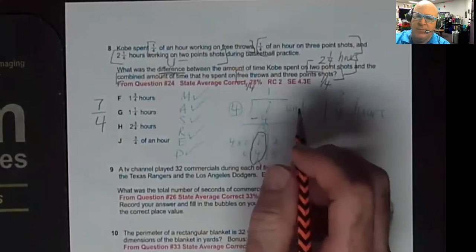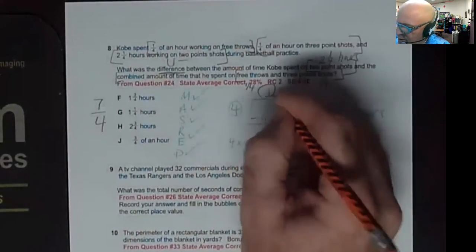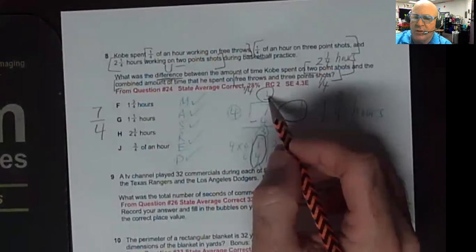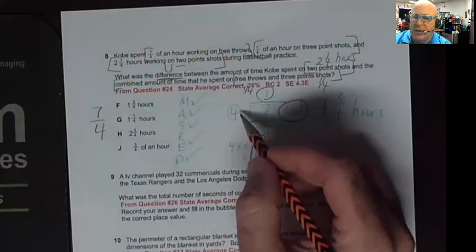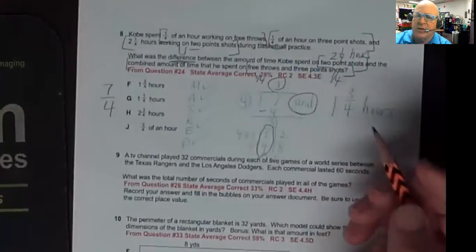Since we are done, then I suggest you teach your kids the clock method, and you tell them to think of the quotient as 12 o'clock. This word "and" that I wrote to the side at 3 o'clock. The remainder at 6 o'clock. And the divisor at 9 o'clock. And if you say them in clockwise order, you would say 1 and 3/4. So the answer that is equivalent to 7/4 is 1 and 3/4 hours